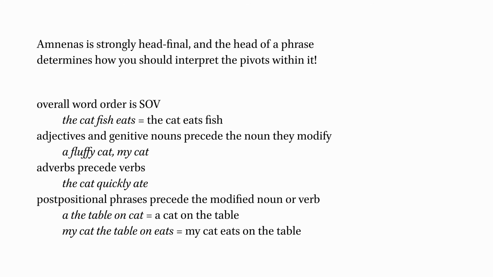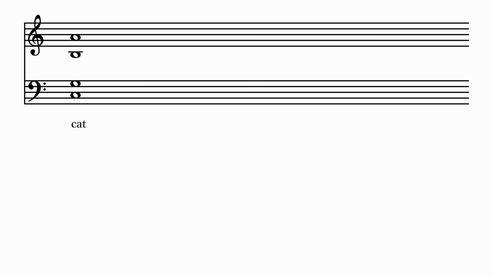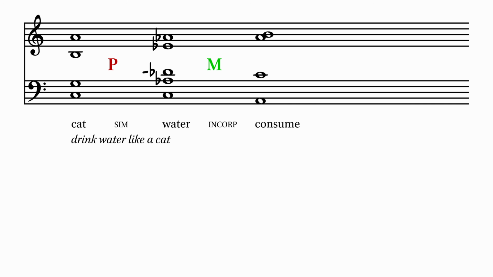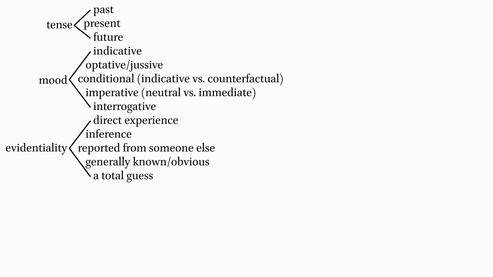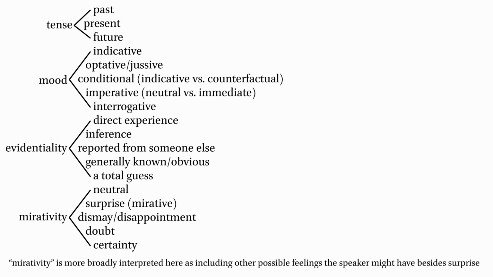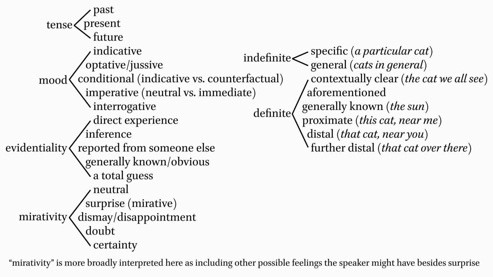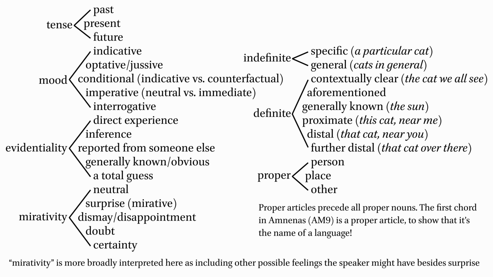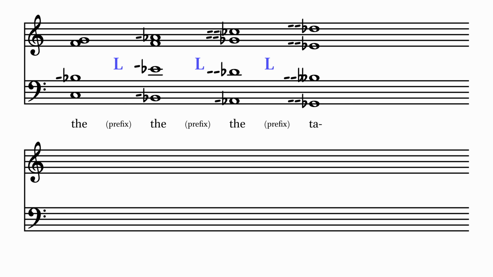When a noun is incorporated into a verb, it counts as part of the verb, so a noun-noun pivot before an incorporated noun might look like it's indicating the genitive until you get to the actual verb and find out it's really simulative marking. There's also a whole mess of verb suffixes, each of which conveys some combination of tense, mood, evidentiality, and meritivity, and 19 article prefixes to show noun number and several different flavors of definiteness. Those articles can stack up, so a particularly complicated noun phrase might start with 3 articles in a row.